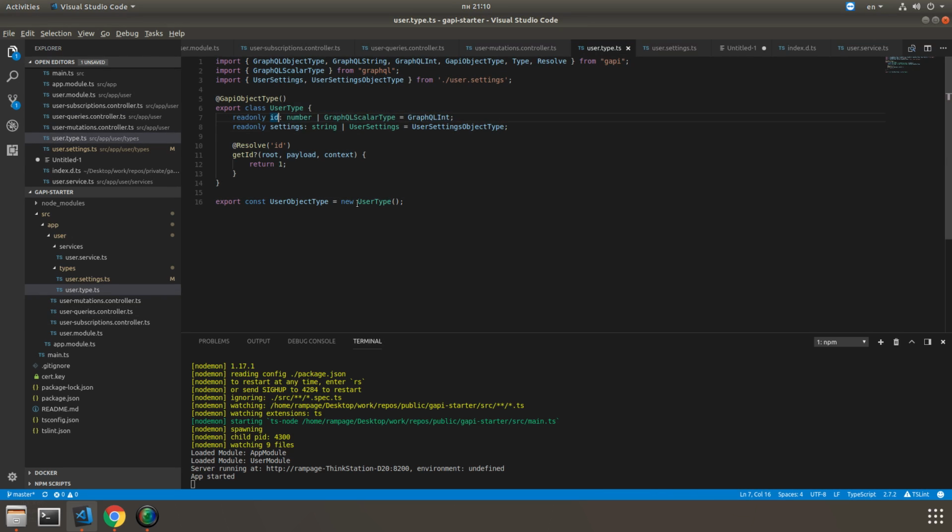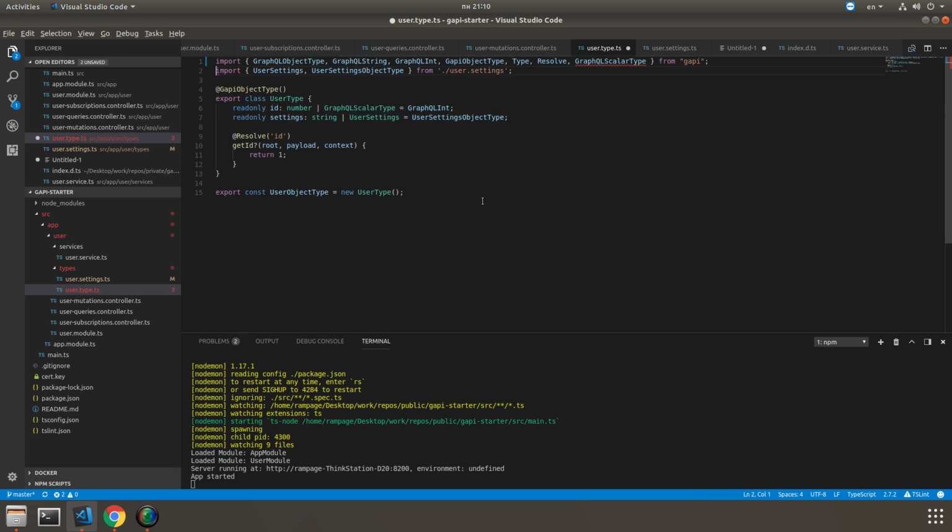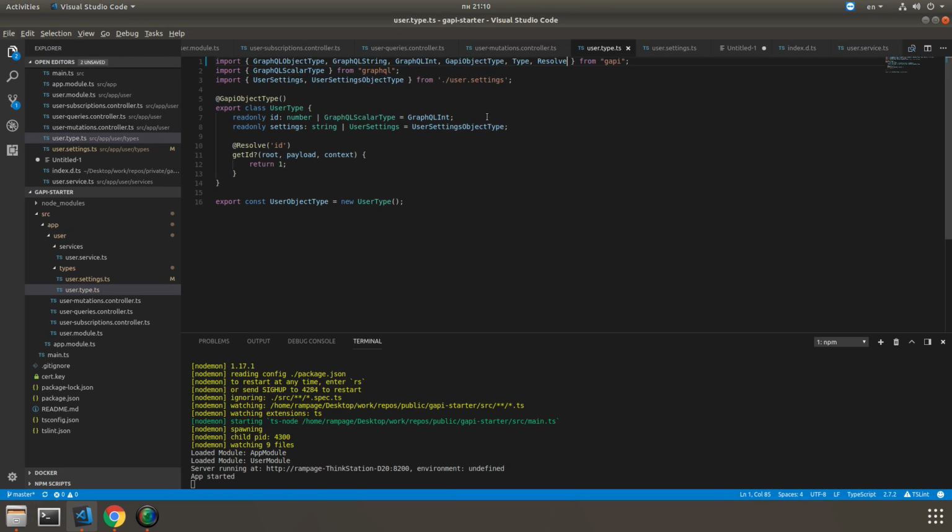Again, I say if I change here, it will break the service because it is typed, but it gets the object type, it gets this integer type, which is from GraphQL, scalar type. Here you can put this, for example. Oh no, you cannot. So you can use this GraphQL integer from here, or if you want you can use them from Gapi. It doesn't matter. I just re-exported